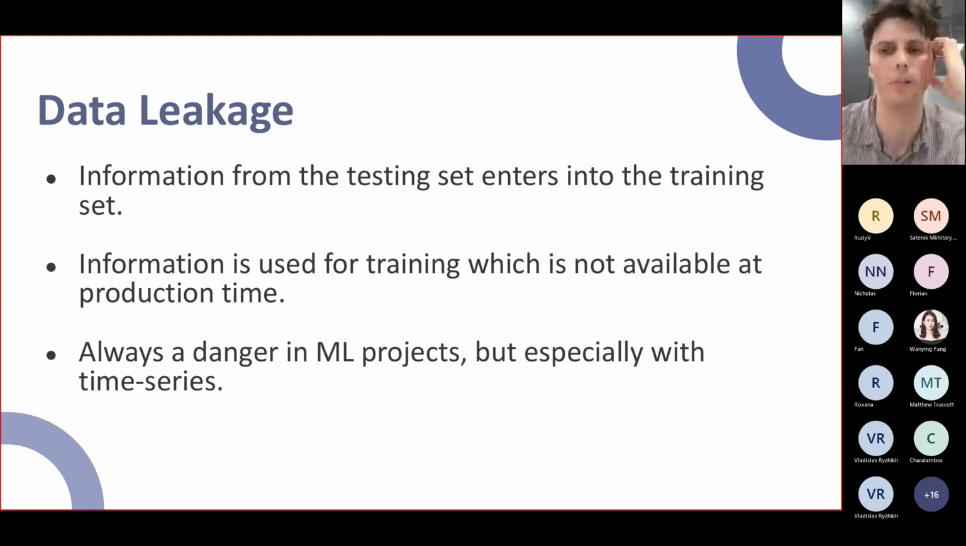Another problem that you may find, another kind of data leakage, is when information is used for training that is available in historical data, but it is not available in production. So to give an example of that,